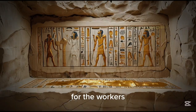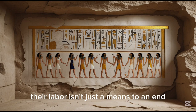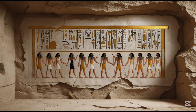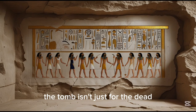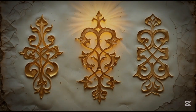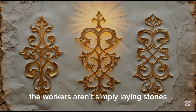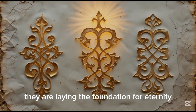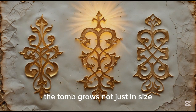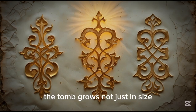For the workers, their labor isn't just a means to an end. It's a spiritual journey of its own. The tomb isn't just for the dead. It's a bridge between this world and the next. The workers aren't simply laying stones. They are laying the foundation for eternity. As each stone is placed, as each symbol is carved, the tomb grows not just in size, but in